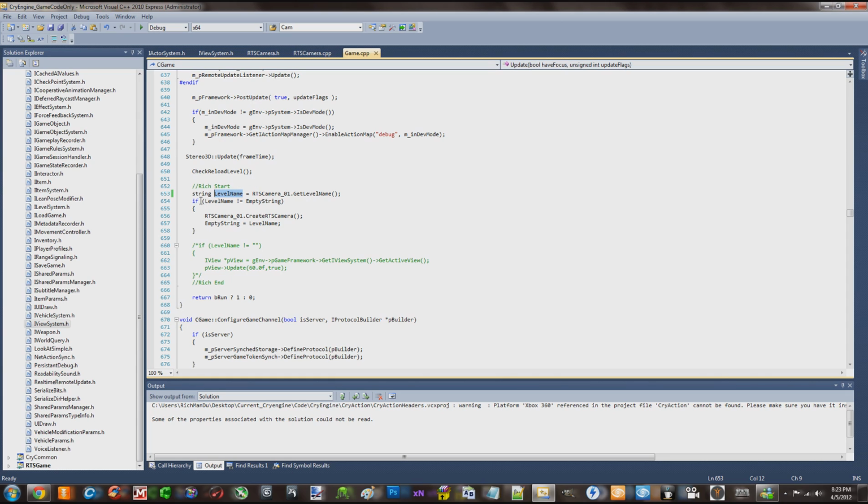There's nothing in it. So then I check if level name does not equal empty string. See, does not. Does not means does not. And you say it like this. Exclamation point equals. This means does not. That means equals. So if level name, so if blank, is not the same as empty string,